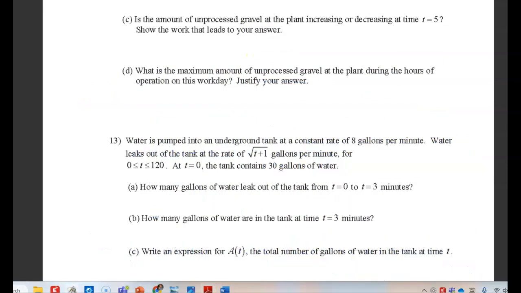So it says, what is the maximum amount of unprocessed gravel? So I want a max of unprocessed. What you want to do is look at the amount of gravel that is processed or unprocessed. So I need to create that amount of gravel processed function. So A of t